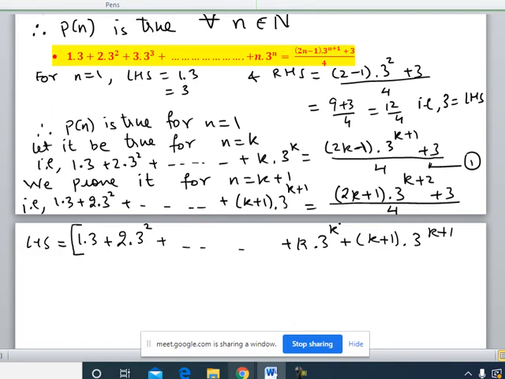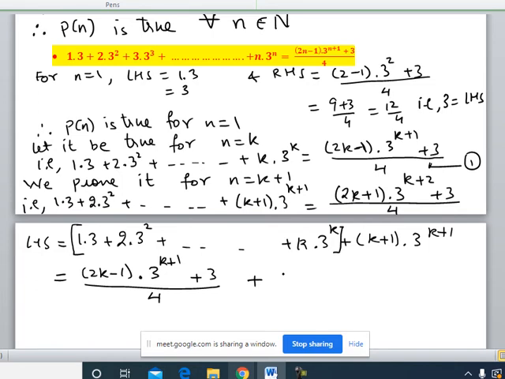In every question we will be doing this, because we know the sum of the series till this, from equation 1. So you can see this resembles the left hand side of equation number 1. So you put the value from the right hand side here. It will be 2k minus 1 into 3 with the exponent k plus 1, and this entire term getting added to 3 divided by 4. This we are getting from equation 1.